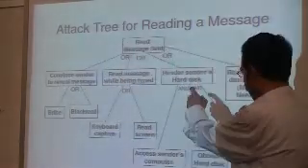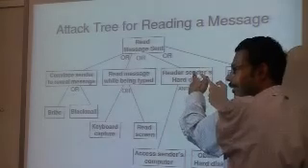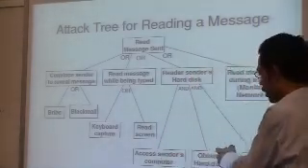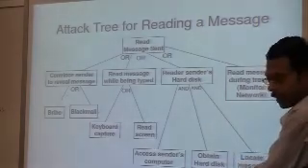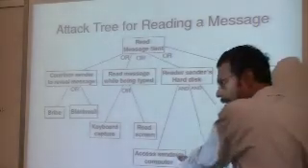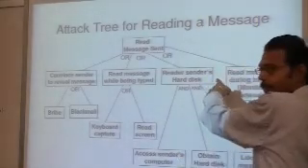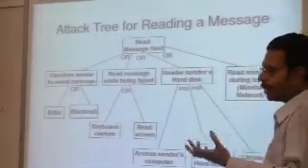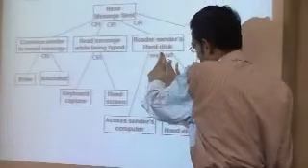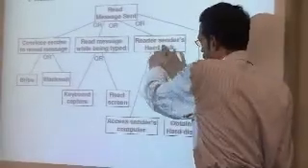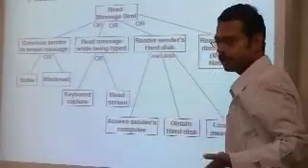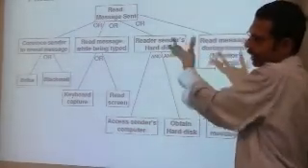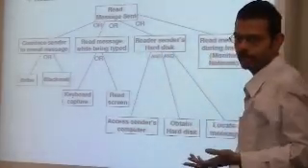Now with this, you see here, in order to read the sender's hard disk, you have to first access his computer, obtain his hard disk, and locate the message. You have to do all three in order to achieve this. It's not like you can do one of the three. So sometimes you have an AND in order to achieve this goal. Sometimes you have an OR. Like this, you don't need to do anything further. You just hack the channel, capture the packets, and read it.